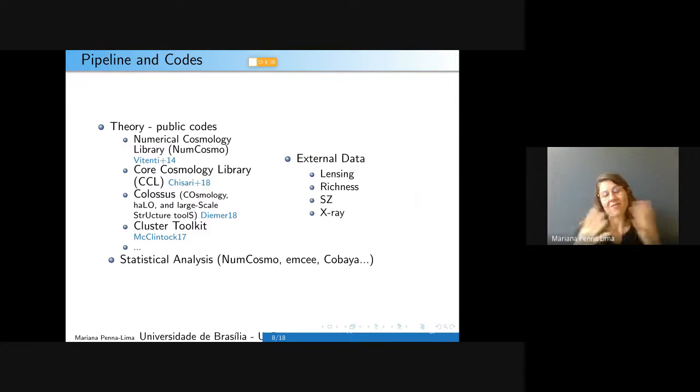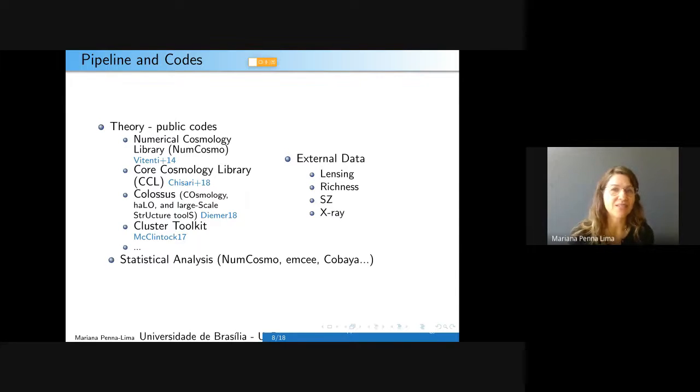Most of the time, you are going to see that each group has their own library, their own codes. But now, as we are approaching the LSST and Euclid era, we are going to have a large amount of data, and the error on the cosmological parameter constraints is going to be about a few percent. So we need now